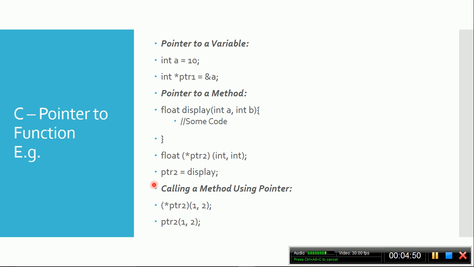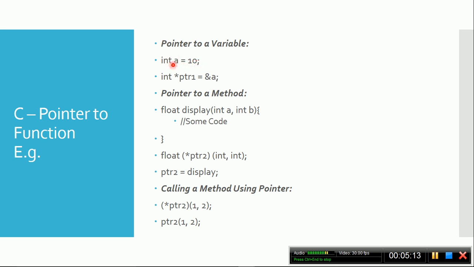So this is a simple C programming language. Don't worry, we will not dive into this C programming very deep. We will just see how we store our function address into a pointer, and then we will go to C# and see how it works. So in C, normally if you create a variable like this, int a is equal to